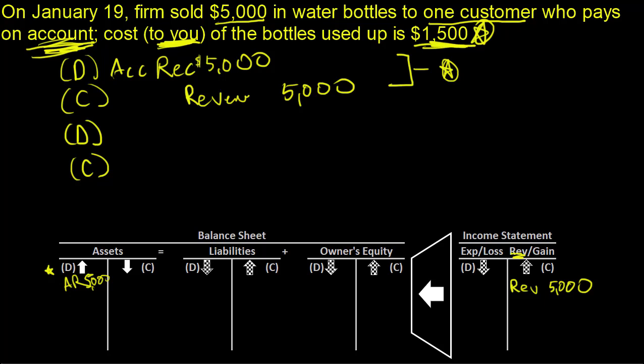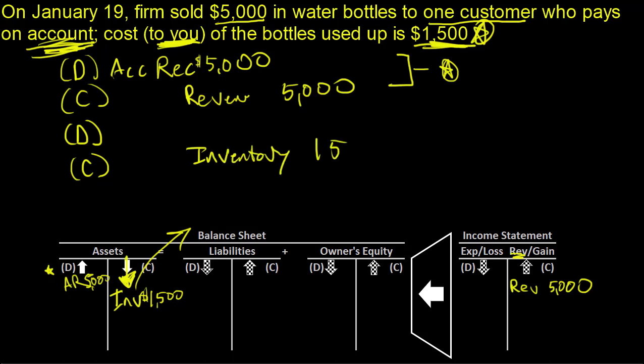So we have a new debit here, and this debit is going to be related to the inventory that leaves. So what happens? We have inventory that is going out of our business. Inventory is leaving in the amount of 1,500. It's decreasing our assets. This inventory is going down, and it is going to be a credit. So inventory